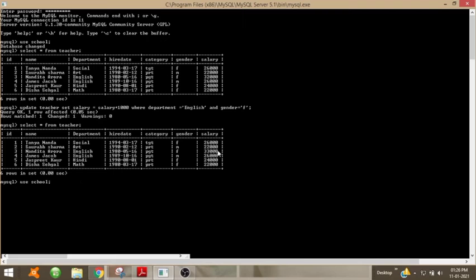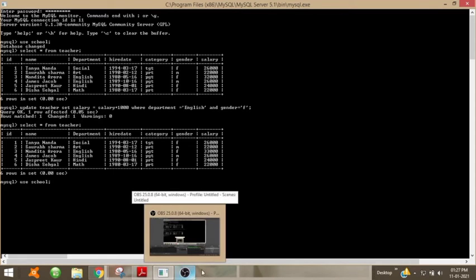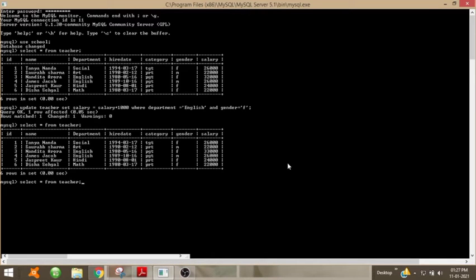Suppose I want to update the Hindi teachers' salary. So we can write in the update statement Hindi and male teachers. If the teacher is Hindi, or if the teacher is a male teacher.